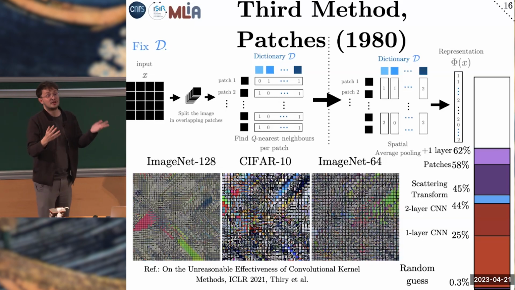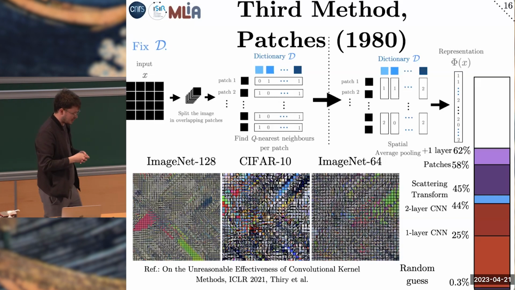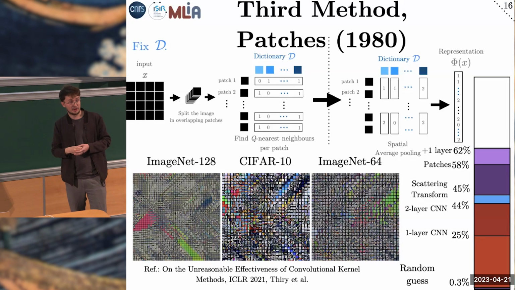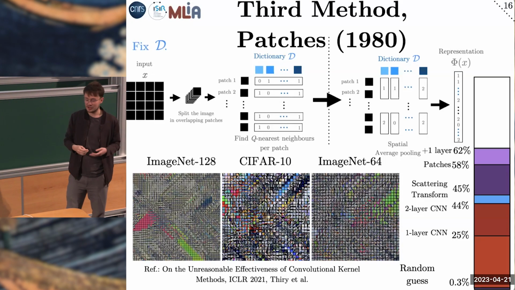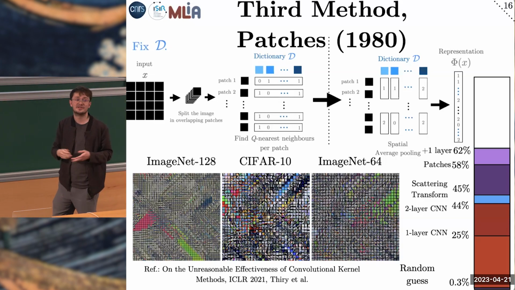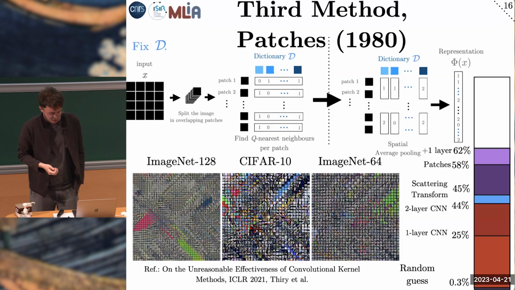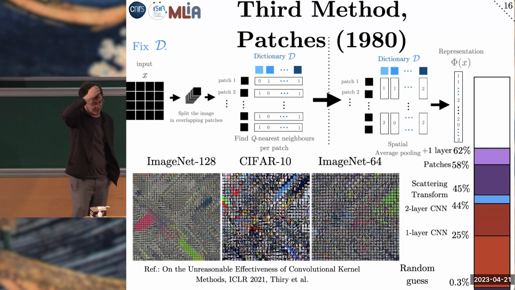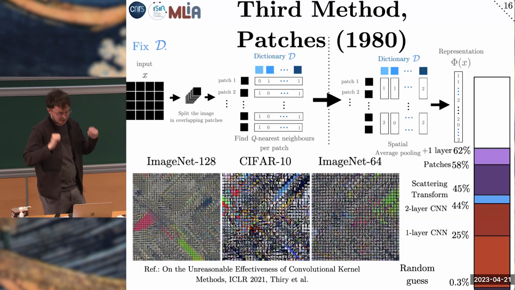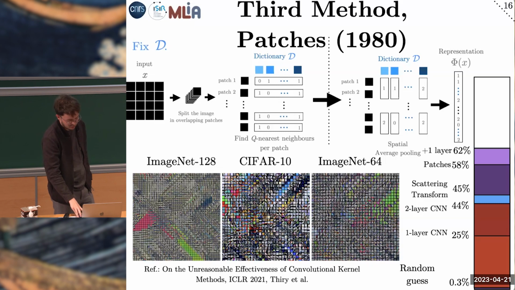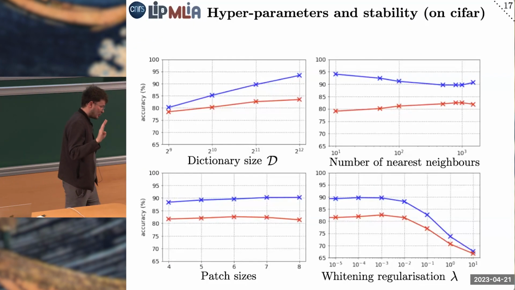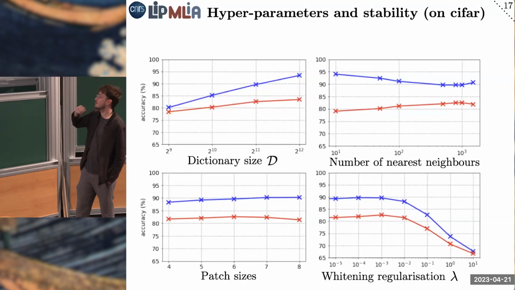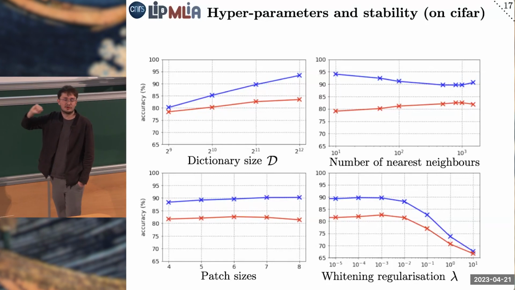And so here it's completely convex. So we can train a linear classifier very easily, and that's what we did. But unfortunately, as I mentioned, it's the same thing as for the one hidden layer neural network. This is pretty ill-conditioned. So we could not use any trick to have something which is fast enough so that we can train larger models, because now I'm going to go into the hyperparameters of our method. So there are 4 hyperparameters: the size of the dictionary, the patch size, the number of nearest neighbors, and some regularization parameter for the covariance matrix.